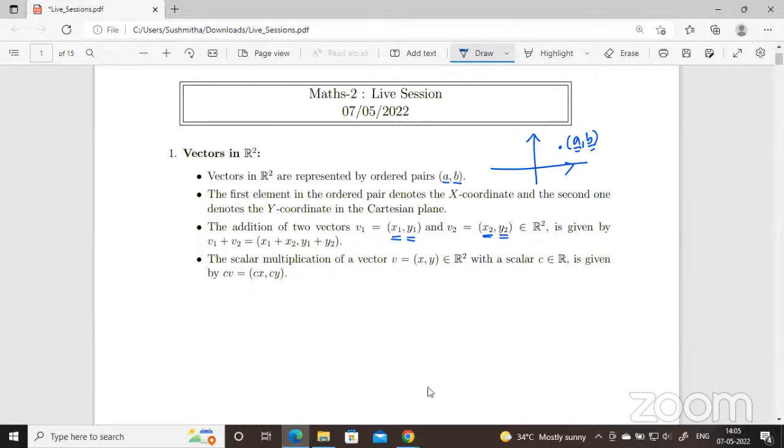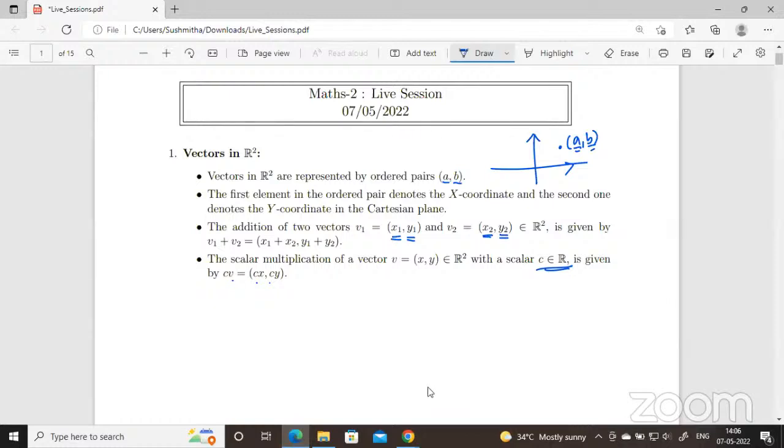Multiplying with a constant. You multiply a vector with a constant, a scalar. A scalar for us is a real number. Throughout the course, scalars are real numbers. When you multiply a vector with a scalar, that's called scalar multiplication. Scalar multiplication is again defined component wise. When you multiply a vector with a scalar, you multiply each component of the vector with the same scalar.